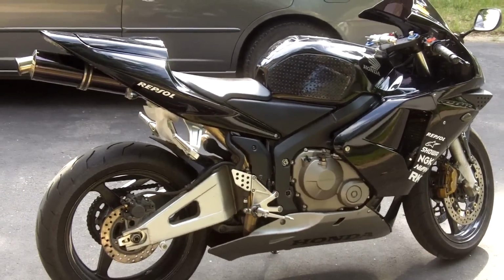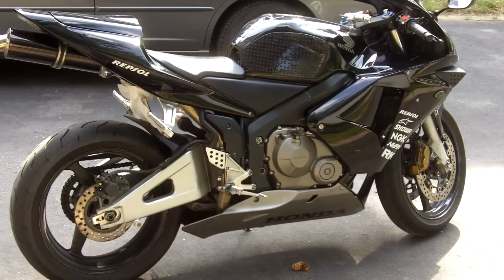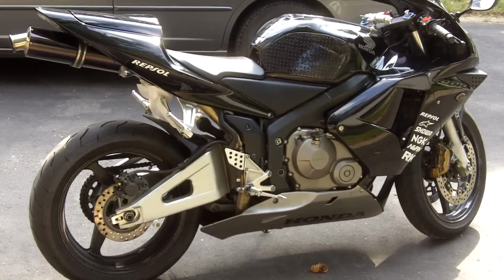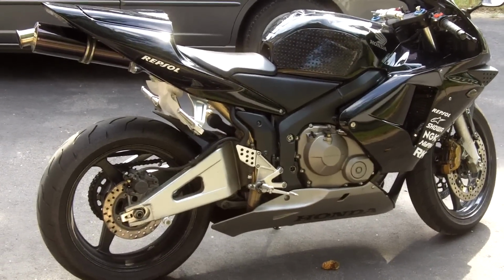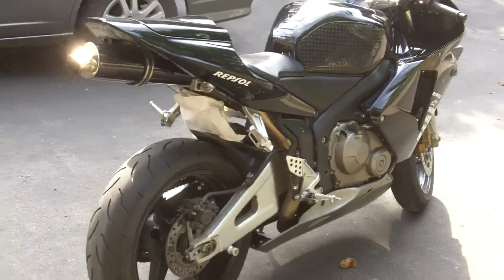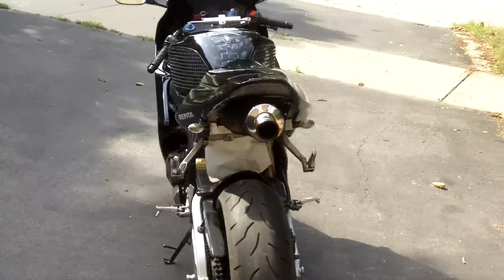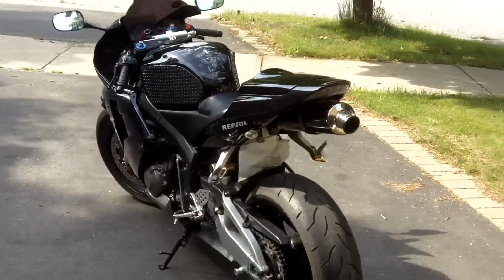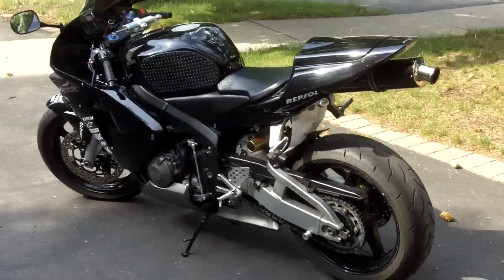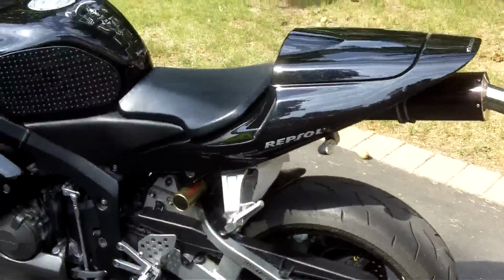In terms of riding this thing, this is my first bike, so it was extremely easy to ride. When I did my course, I live in Toronto, Ontario, Canada. So when I took my course, I knew I wanted a sport bike, so I did my entire course on a CBR125R, and obviously a much smaller bike, tiny compared to this. So I was a little bit scared hopping on this thing for the first time, but when I did,